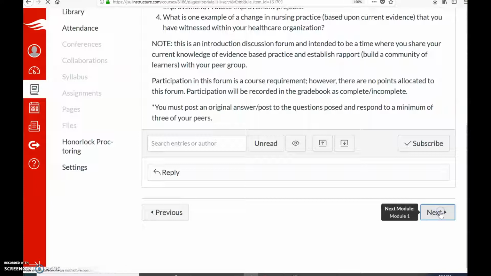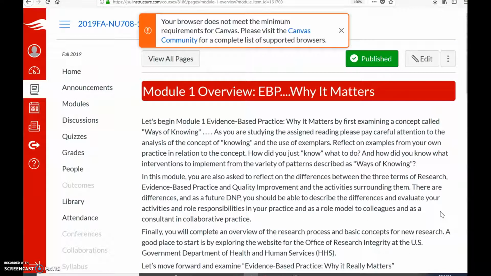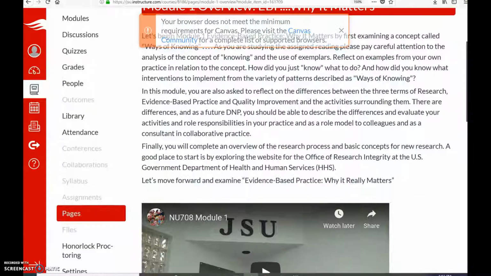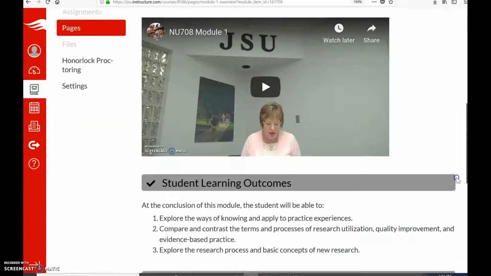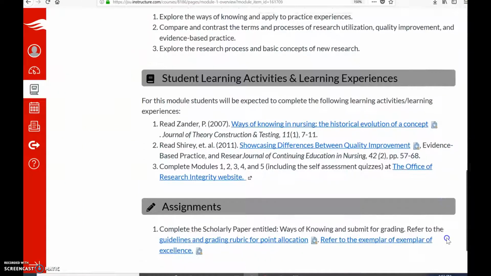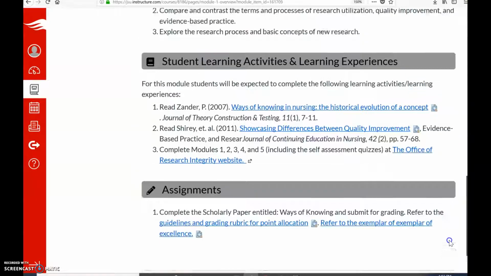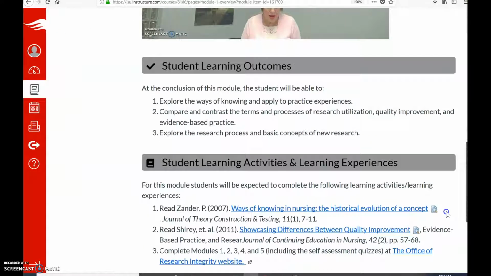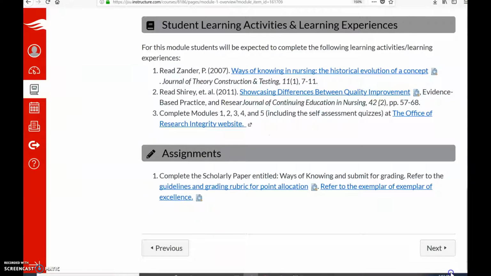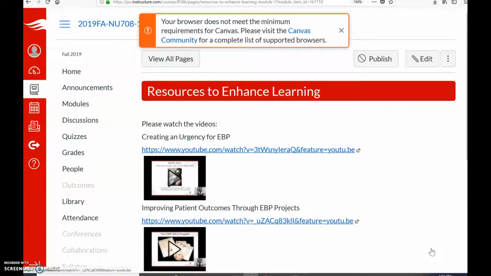Now you're going to hit next, and because there's not anything else in Start Here, it's going to take you directly to Module 1. In Module 1, and for each module, you will have just a short synopsis of what the module contains on the first page. Sometimes there will be videos like there is here, and it's going to explain to you what you need to do. Moving forward, after you submit that,